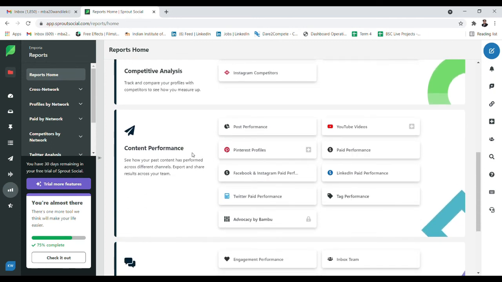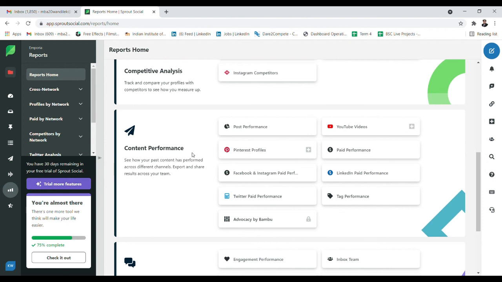Then coming to the content performance. A proper complete report is a different thing, and I will also tell you how content performance will help. Content performance means you can get the report of your particular posts, videos, any Instagram uploads, anything.